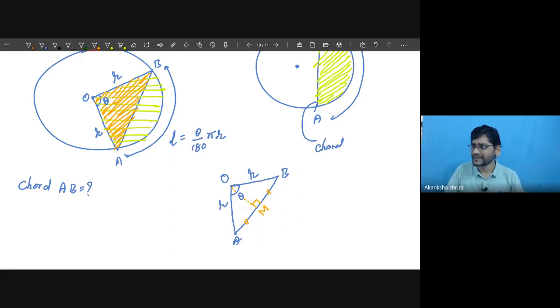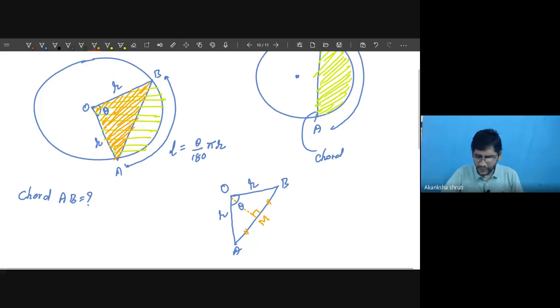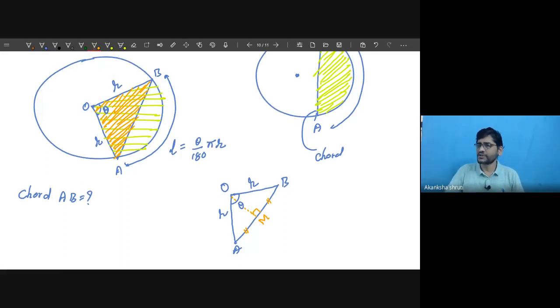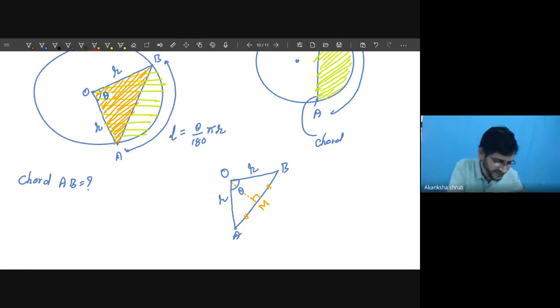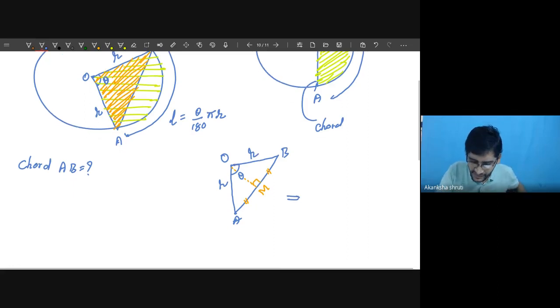Now we have this radius R, and if this angle theta is given to us, can AM be calculated? Yes, by applying trigonometry we can calculate it. Even if you do not know trigonometry up to class 9th, we are able to apply the Pythagoras theorem. So student, I have separated this triangle from this sector. Now I am considering only half of it, B to M, in the same orientation.